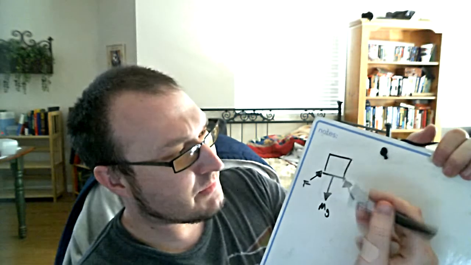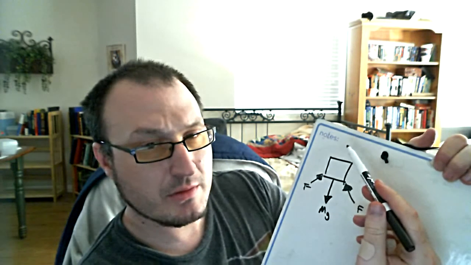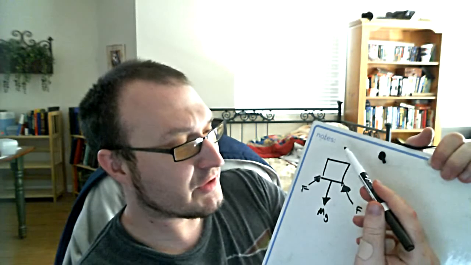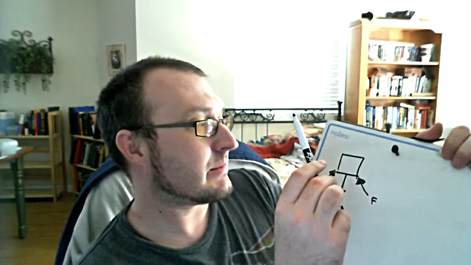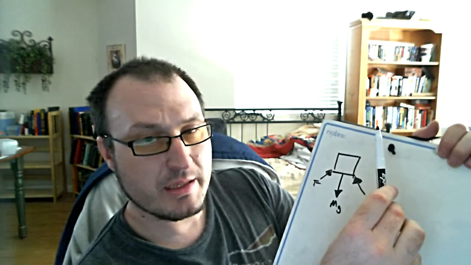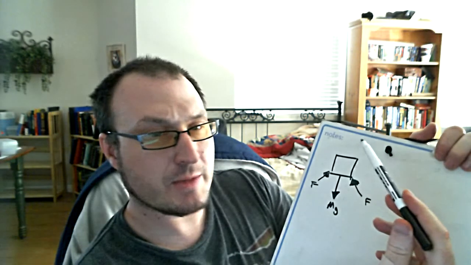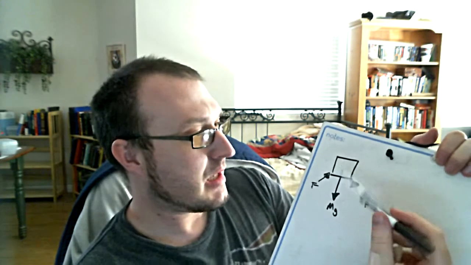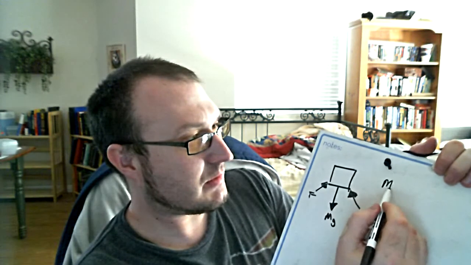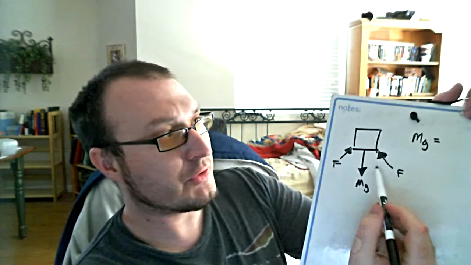Now, summing the forces in the y direction, I'm going to set them equal. Let me put it this way. I'm going to set the forces acting down equal to the forces acting up, is the way I look at it. It saves me a step, and because the two forces are balancing out in those two directions, there is no acceleration in the y direction, which is what we want because we want the threshold. We want to find the mass that is just balancing there with zero acceleration. And so setting the forces acting down equal to the forces acting up, there are two of them,